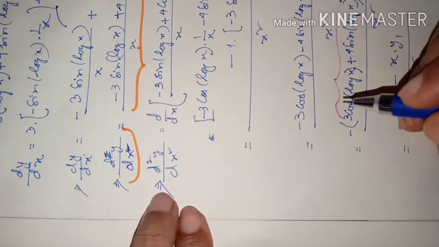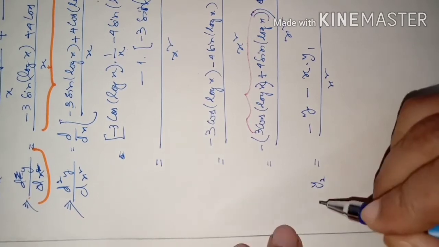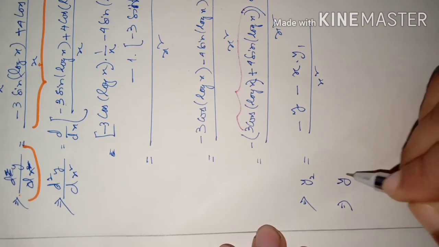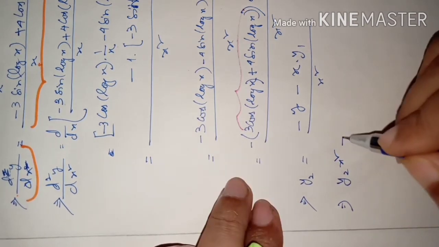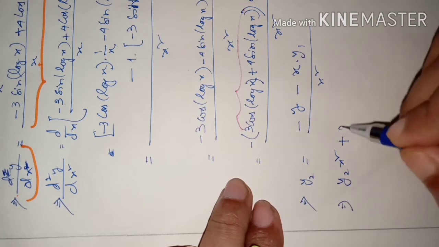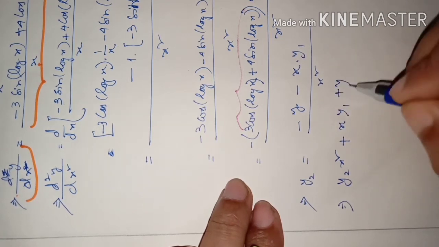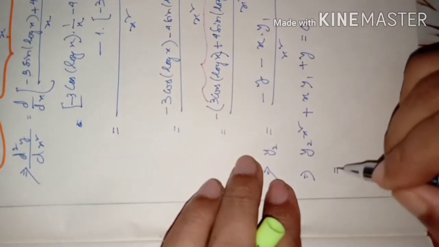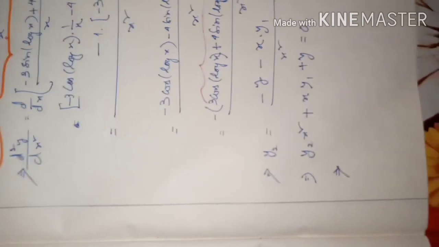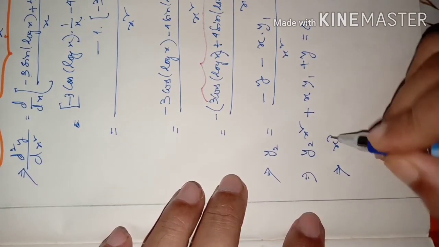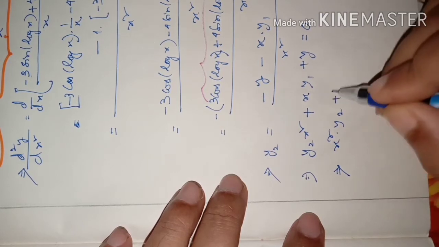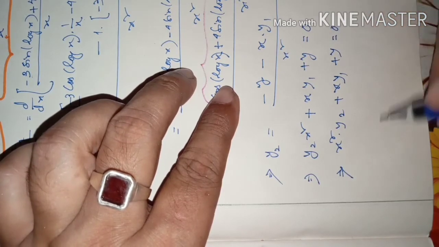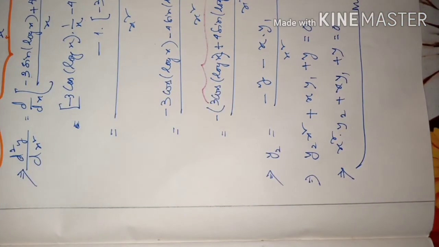Just look at this beginning, d2y by dx square, that means it is y2. So now you see, if this x square is taken to this side, y2 into x square plus this will come here, x into y1 plus y is equal to 0. So this is the required equation, x square into y2 plus x into y1 plus y is equal to 0. So this is our required equation. Okay students,